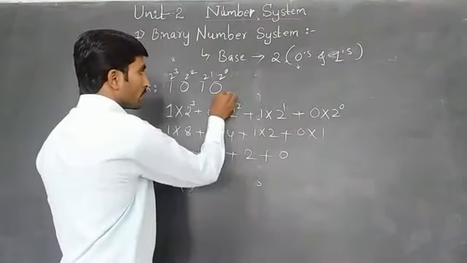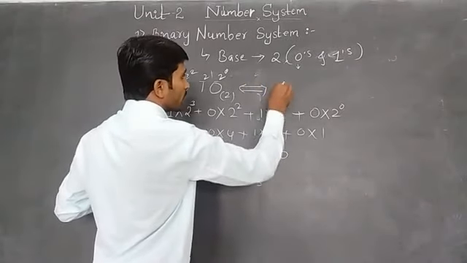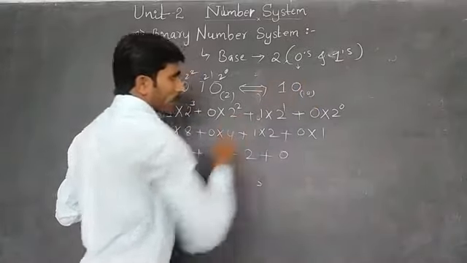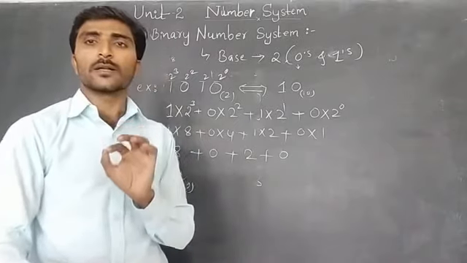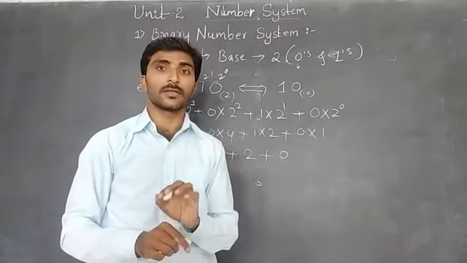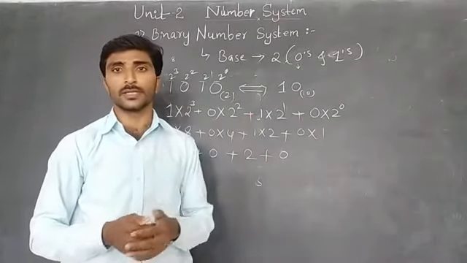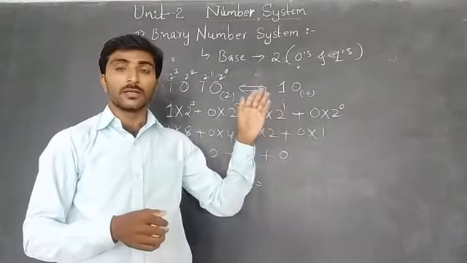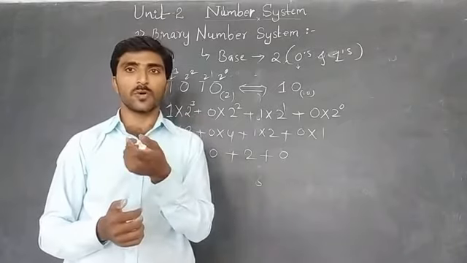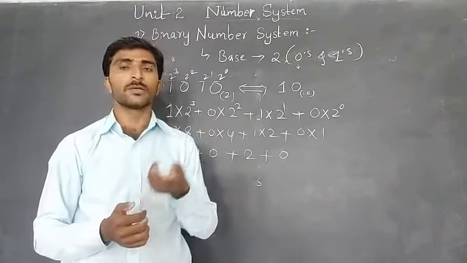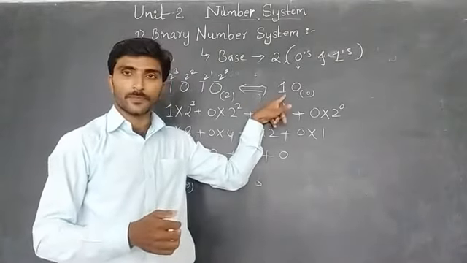So how are we writing it? 1010 base 2 is equivalent to 10. Why do we need this? Assume whenever you are filling in an application, like a scholarship, bus reservation, or flight reservation, anything you can take as an example. There is a text box asking how many seats you need for a railway reservation. I need 10.